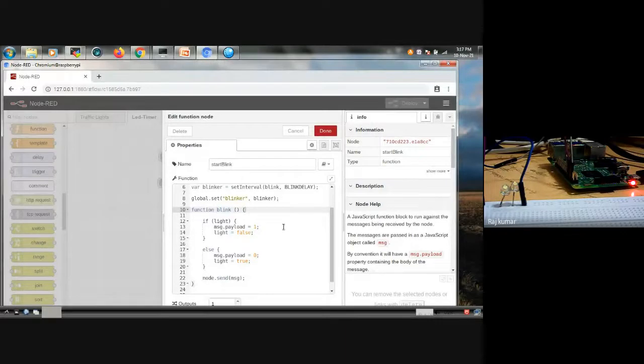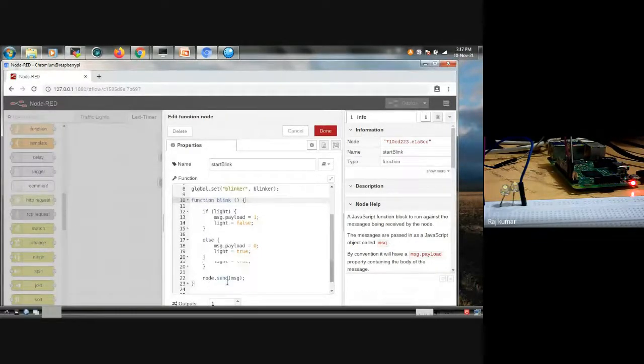That means if light, it is true. Then, using the second inject button, we are trying to stop the total execution. So for that, light will be false, or else the opposite work it will do. If it is off, then it should be on. So vice versa, two jobs will be done with this function.